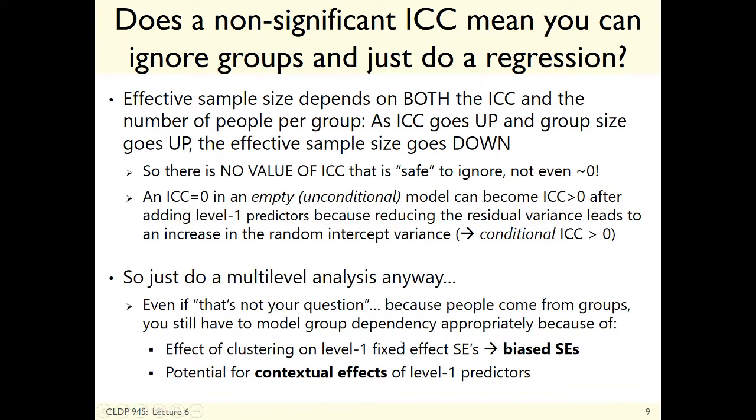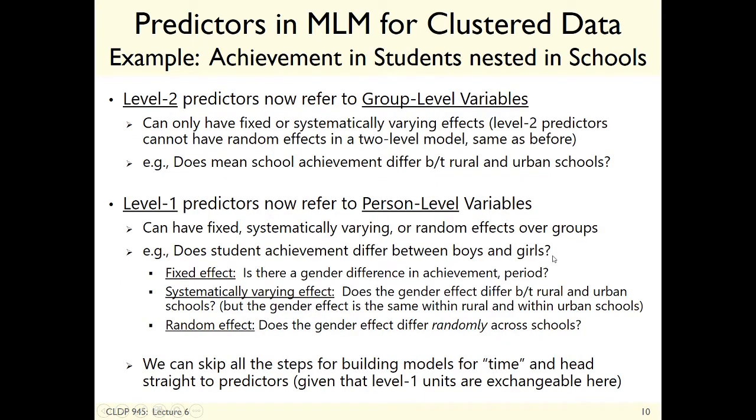And if we have any kind of group level variance that we have to worry about, then we have to worry about contextual effects as well. So in terms of predictors then, level 2 predictors are now group things. They explain random intercept and slope variance. Level 1 predictors are people things. They can have a fixed effect. So for instance, we're going to look at math scores as a function of SES. Here's an example using gender.